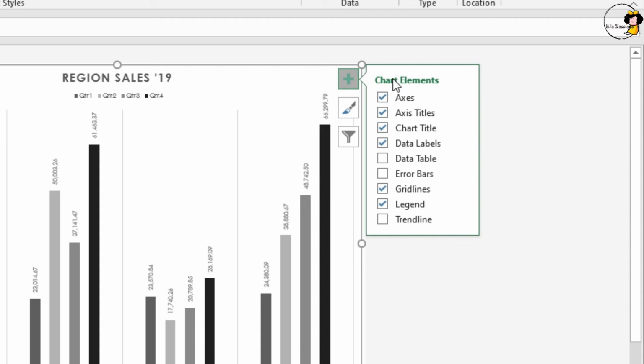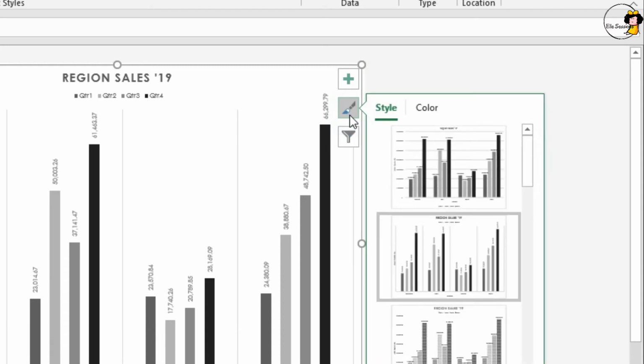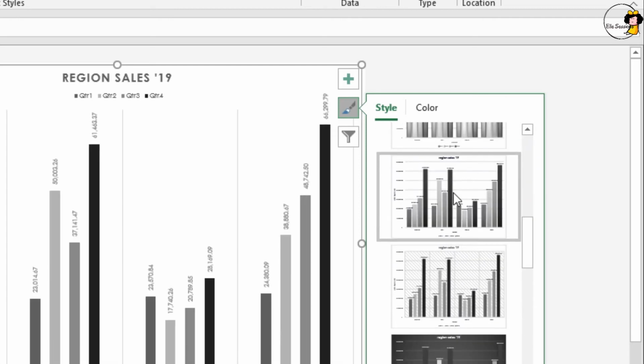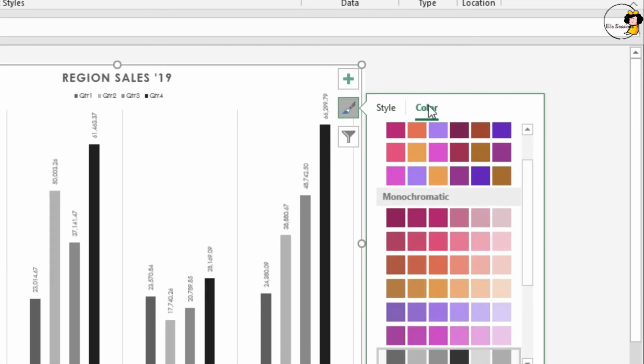And then we also have here the paintbrush icon where you can change the style of your chart. You can choose the style of your chart here, and as well as you can change the color again. So let's say we choose this one,